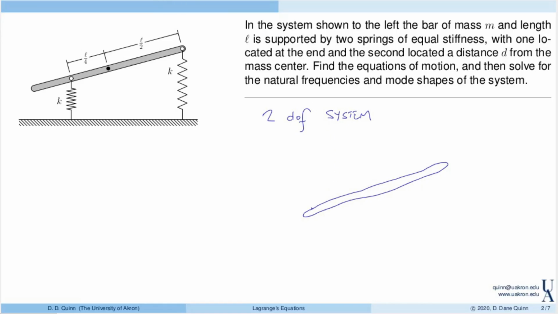And then we have forces that act from the springs. So we'll say F1, and